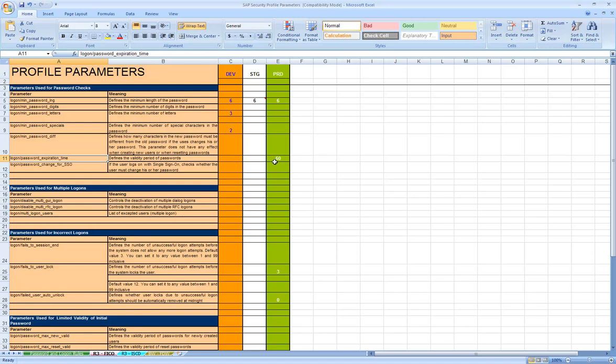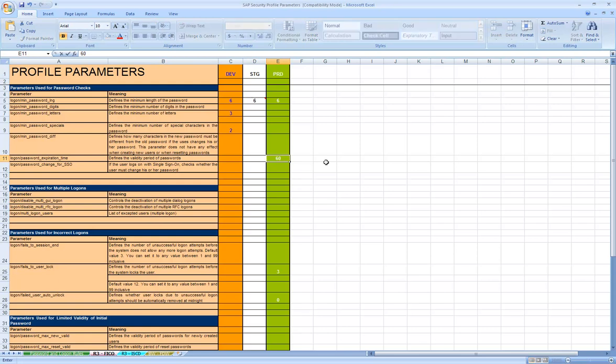Let's say the value here is given as 60 days. That means the users are forced to change their password after 60 days. So every 60 days the system will prompt the user to change the password. Now you could give 90 days here, so after every 90 days the users will be forced to change the password.